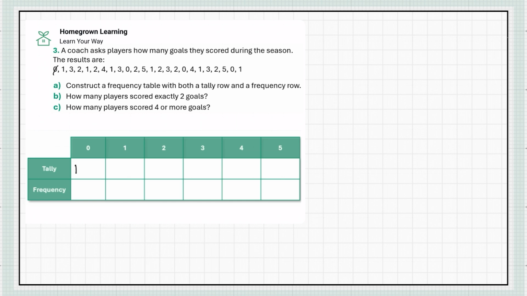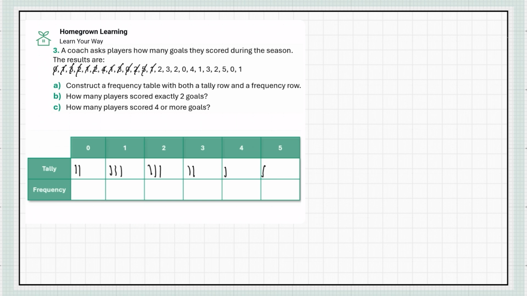So our first one is 0. Let's put a dash in for that. Then we have a 1. Then we have a 3. A 2. A 1 again, another 2, a 4, a 1, a 3, another 0, 2,